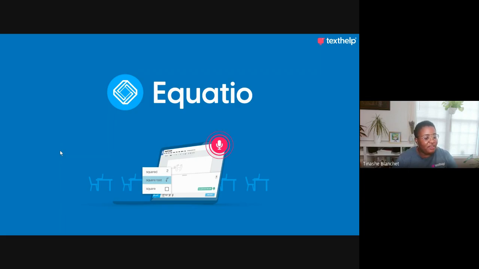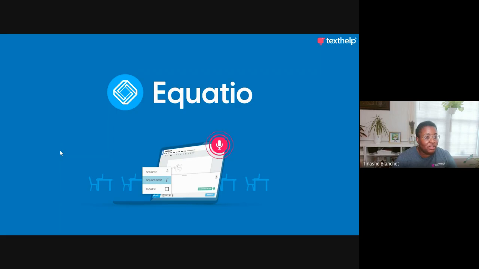But how often in your district do you walk into a math classroom and feel like you've kind of stepped into a time machine, right? Where the kids are all writing notes in their notebooks and the teacher is doing chalk and talk at the board. And it's really unfortunate because we all know the impact that technology has had on teaching and learning. And there are lots of benefits that students are experiencing when they use those Chromebooks that they're not getting when they walk into a math class.